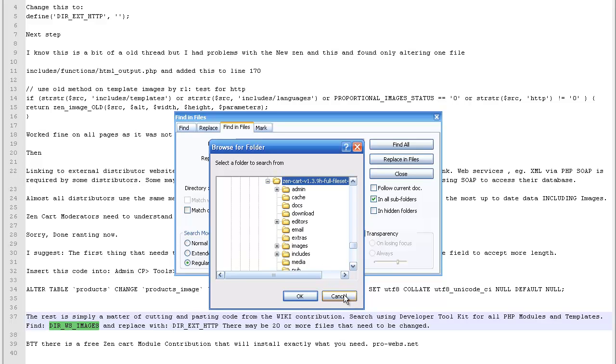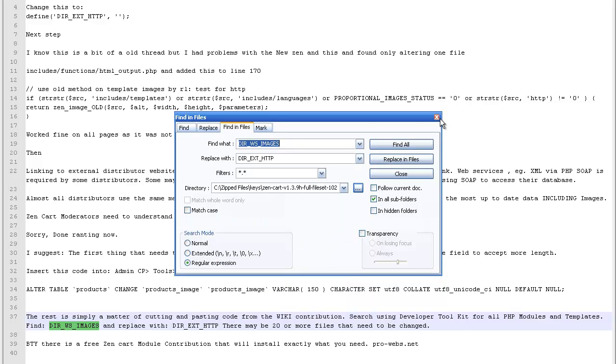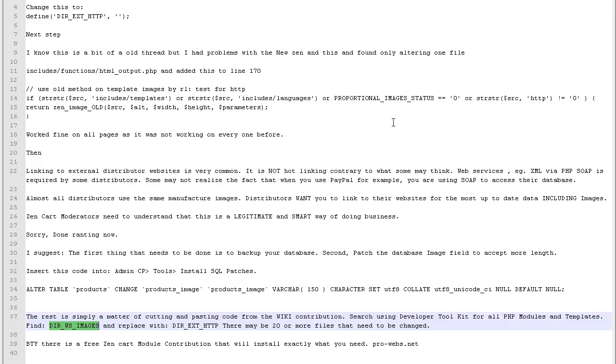Now, I've already accomplished this step, so I'm not going to dwell on this right now. I'm just going to go ahead and cancel out. But that's what you need to do. You need to change every instance of dir ws images with dir ext http, which I have already done and I've already uploaded. So then the next step is, and I don't know how necessary this is, but it includes